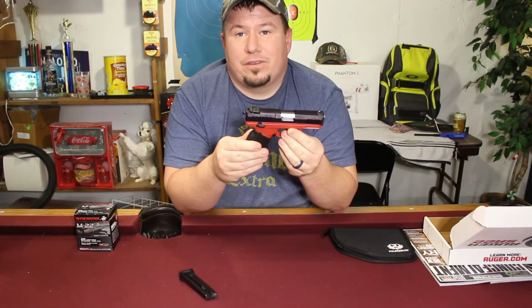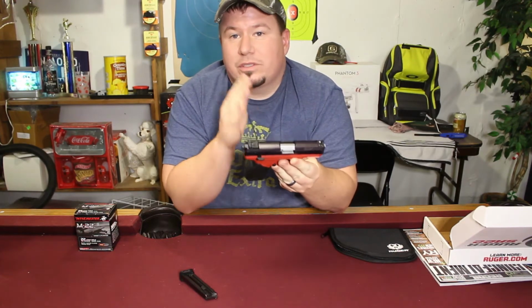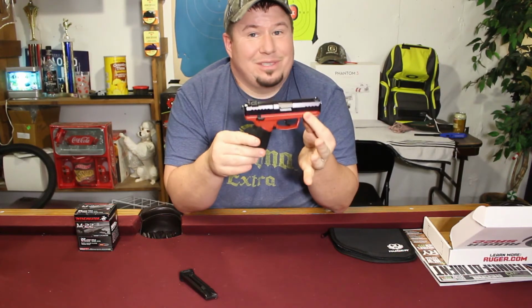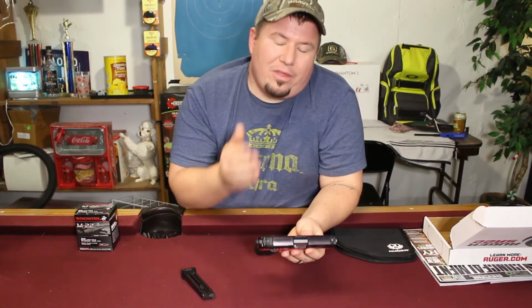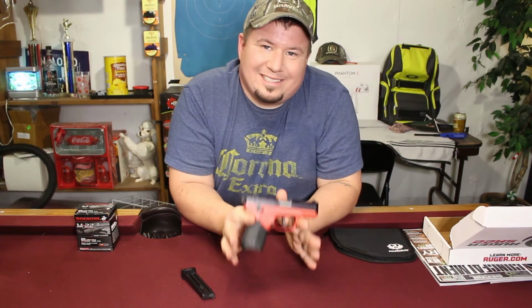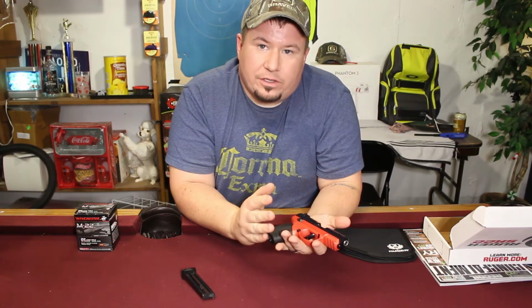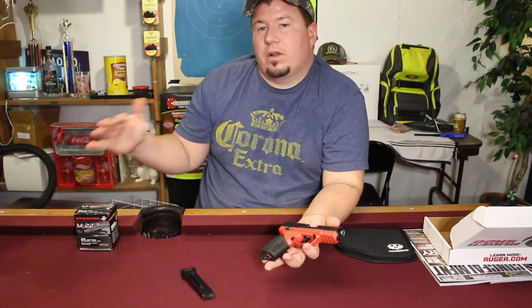That's really nice, especially for practicing, shooting .22, saving your money, not going out blowing through all your .45. It's a really fun gun, guys. And the good thing about the SR22 is it's almost an exact scale of the SR9. So if you're looking to start out on a smaller platform and then grow and get more comfortable,